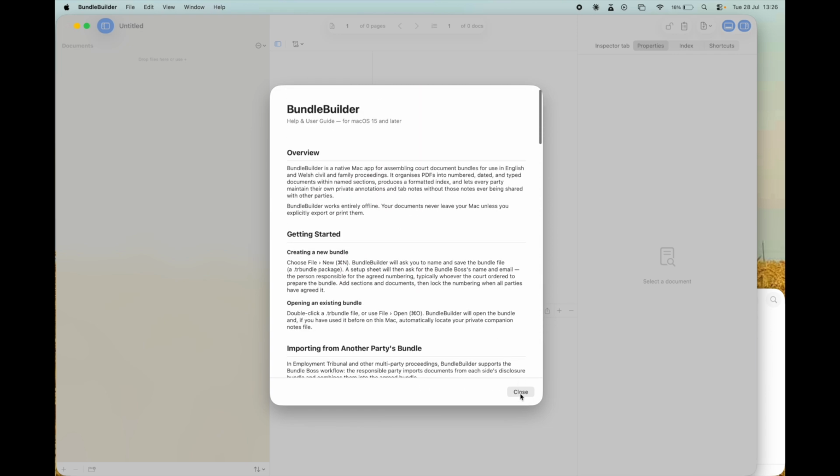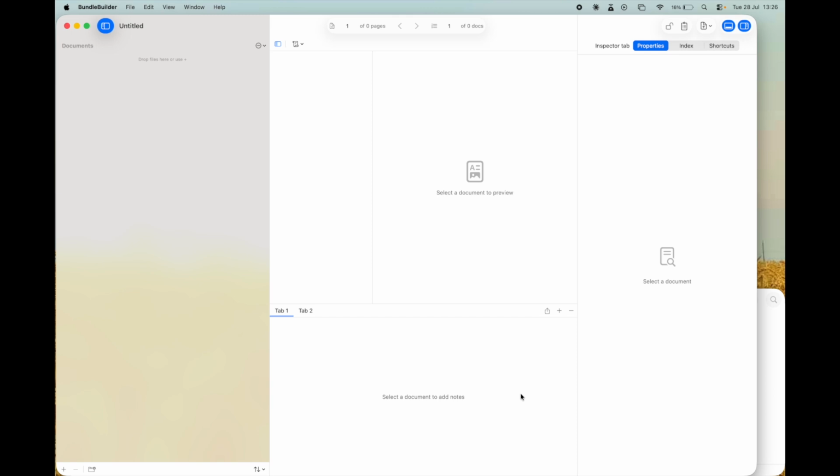and it'll help you greatly in terms of working out exactly how you can best use Bundle Builder. So as I said, this is all about the left pane, and the left pane is essentially, for the most part, a list of all of the documents that are going to be in the eventual bundle. And there's a few ways you can get documents into there. I'm going to start with the first way,